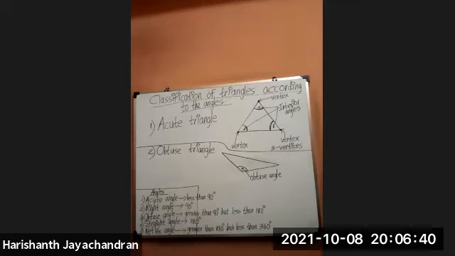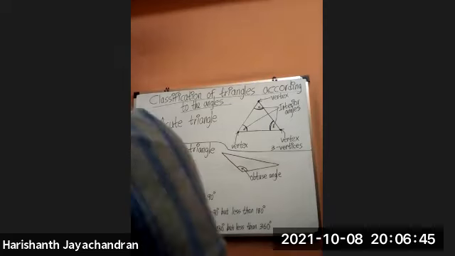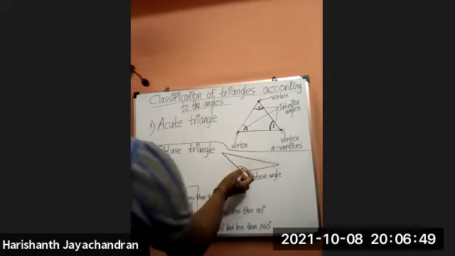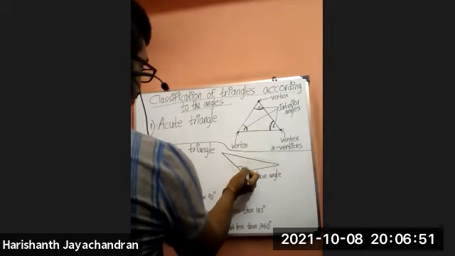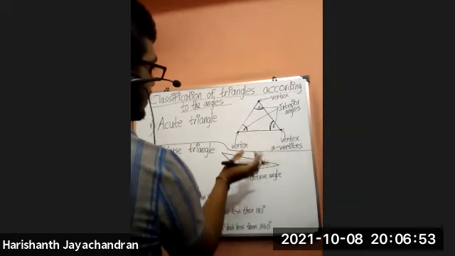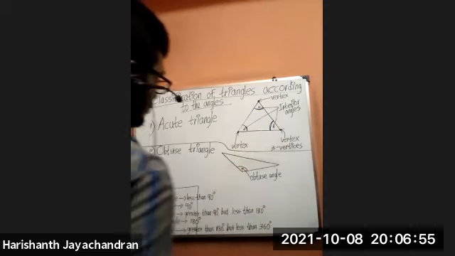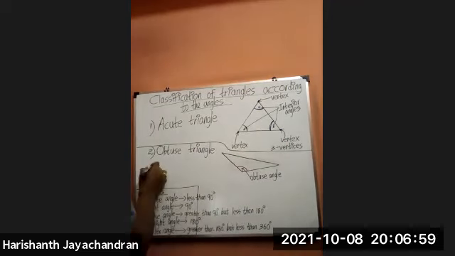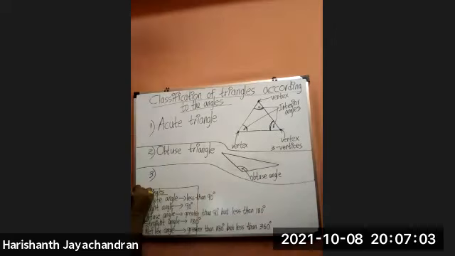Right? And then this is what we would call an obtuse triangle, in which one angle should be greater than 90 degrees and less than 180. Which means out of those three interior angles, one of them should be an obtuse angle. Then only we can call it an obtuse triangle, right? And the third type is the